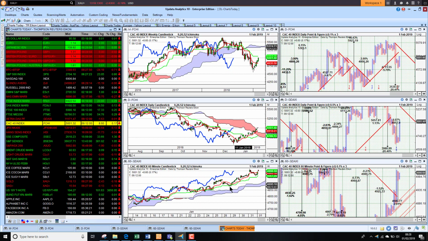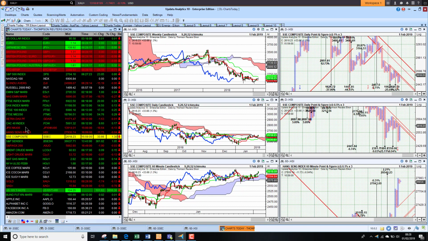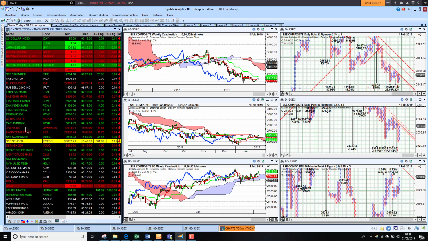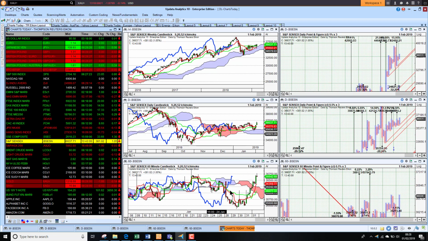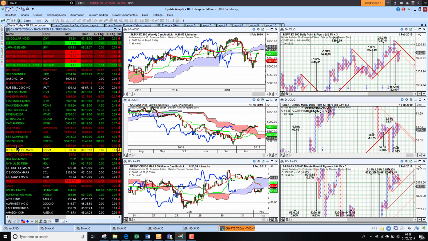The CAC 40 up just under 0.2%, and it's also just starting to show some signs of recovering through on the medium term. Japan was down very slightly last night, as was the Hang Seng. China was actually up 1.3%, despite data coming out of China disappointing, but we are still bearish on those medium and long-term charts. The Sensex was up a further 1%. That's putting India back into bullish territory on the short term, and we'll look at individual stocks in a minute for the Sensex.